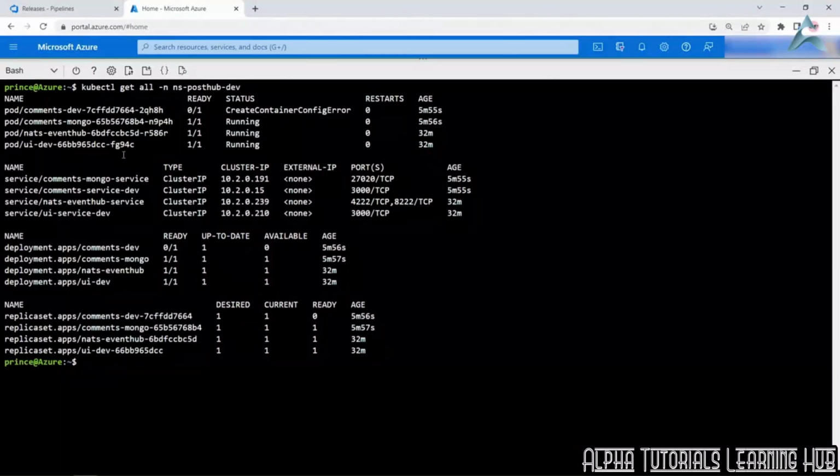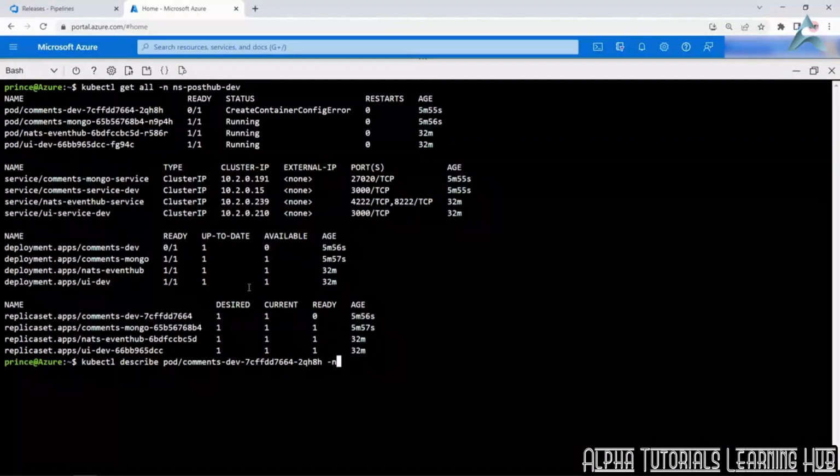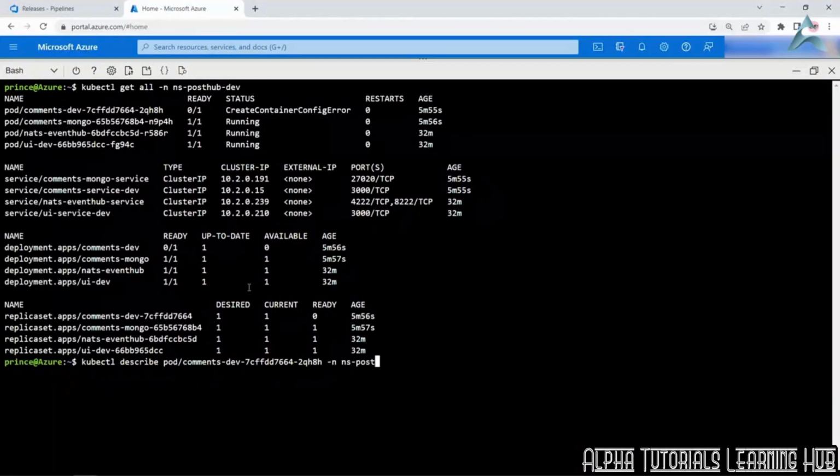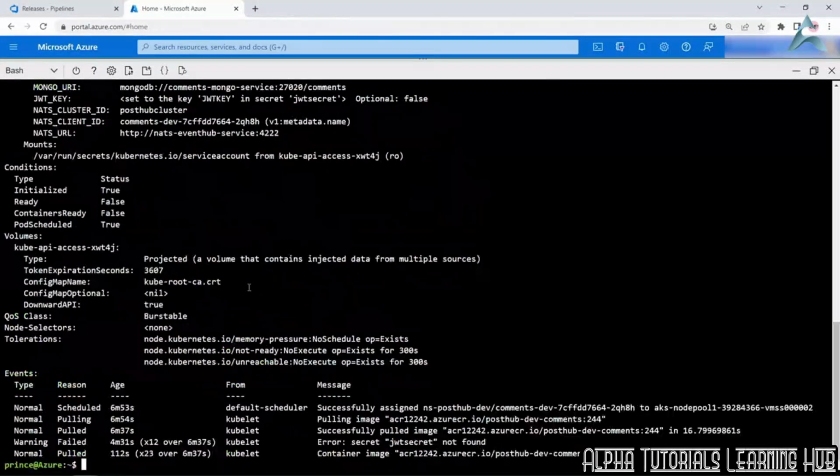First, highlight and copy the pod name. Ctrl C to copy. And let's run kubectl describe, paste the pod, and then specify the namespace. Enter. At the event section, we see that the image was pulled successfully, but an error occurred related to JWT secret. Recall that each backend microservice requires an env variable named JWT secret defined for the app to start up